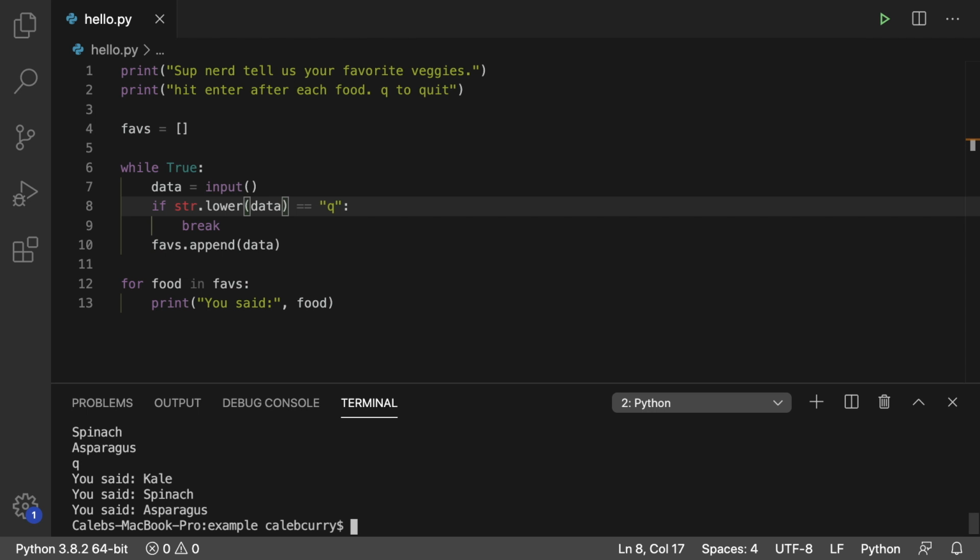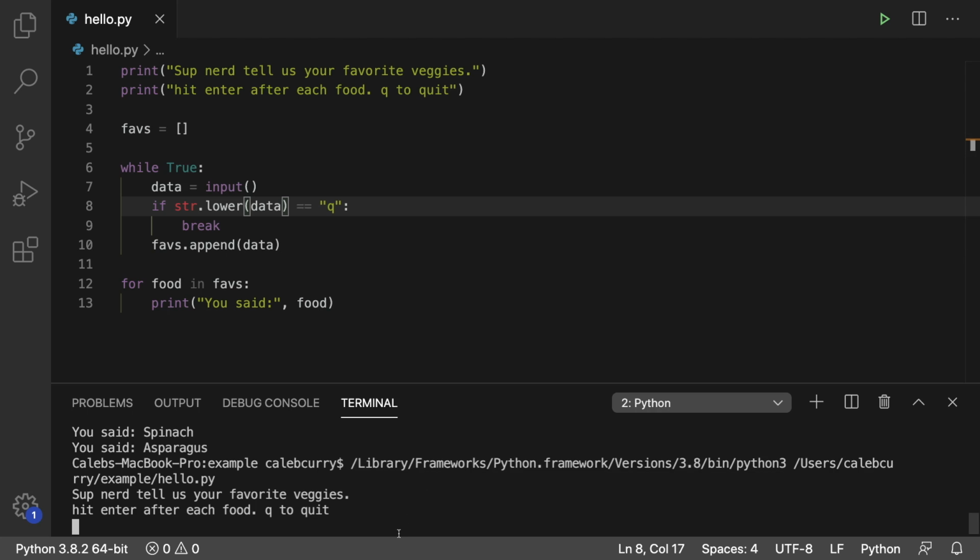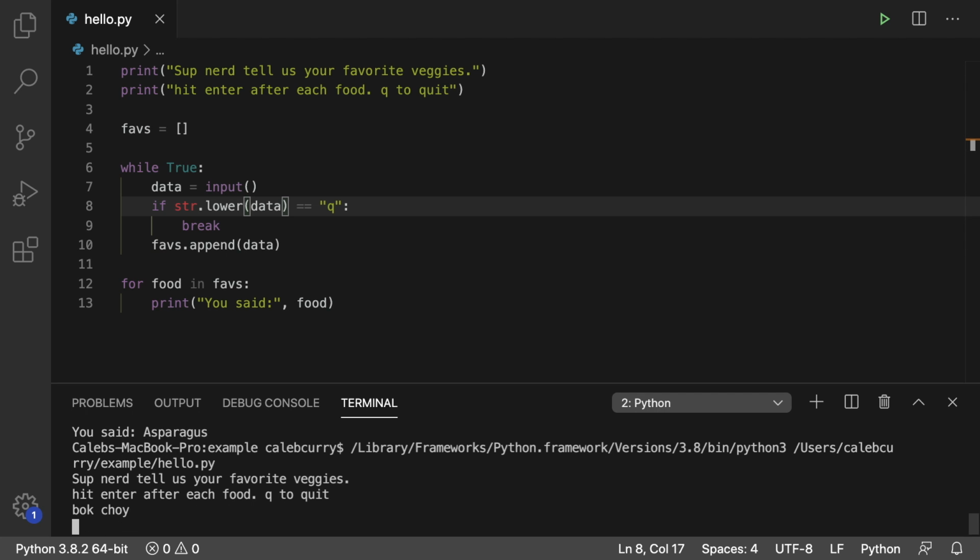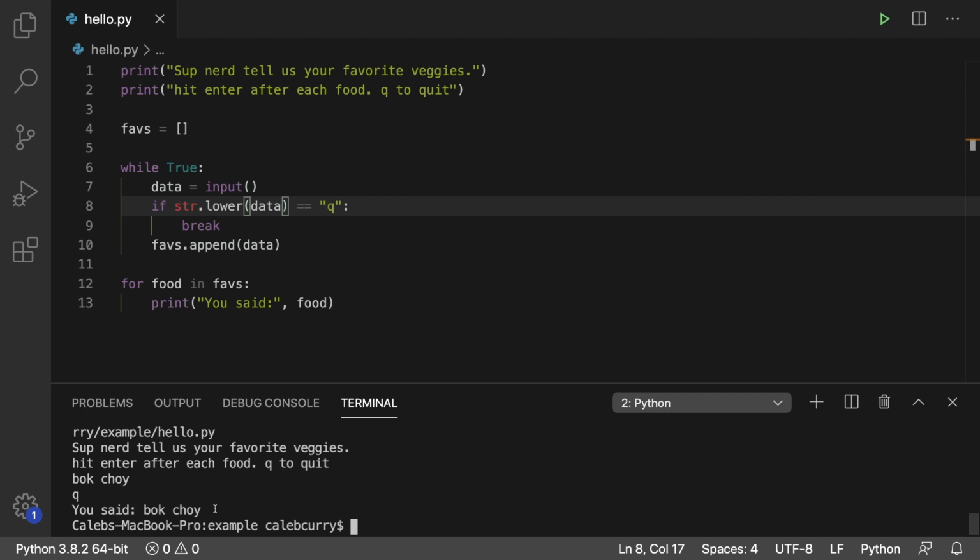And look, it worked. And the benefit here is we can use vegetables with spaces, whereas the previous example using split would consider those to be two different vegetables. So going through an example of this, we'll run it. And let's say we put in bok choy and then we quit. It says you said bok choy as one element. So yeah, we just won. That's how you get data within a loop and append it to a list. Next